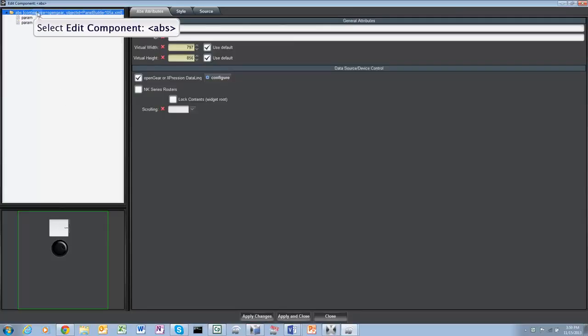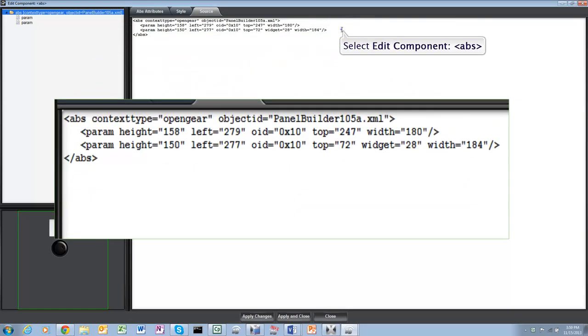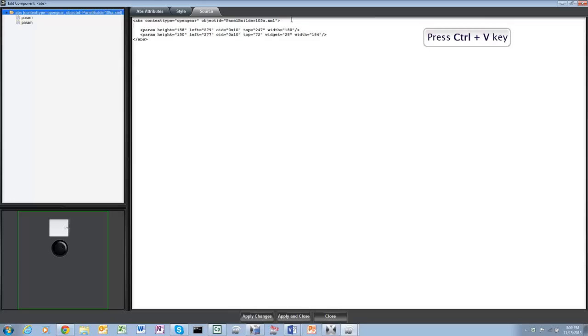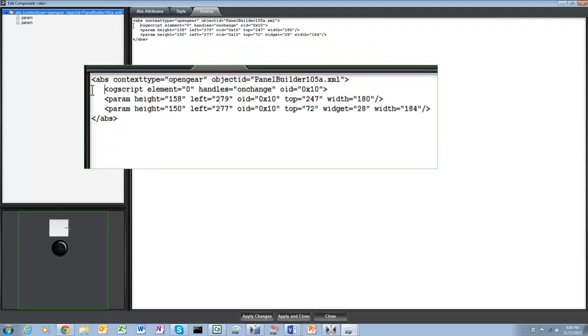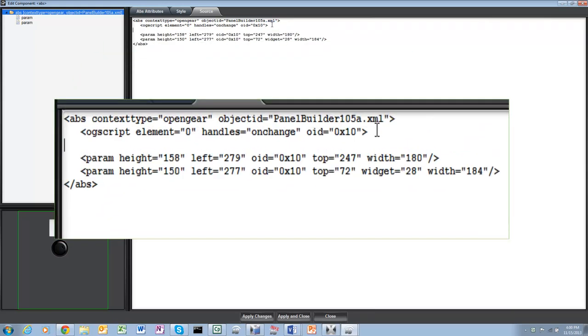So I'm going to select the very top level tab here, open up the source window and start typing. I cheated by pasting this in here to make it faster, but we've opened an OG script element here. We've said it's an onChange handler, and the parameter that it's looking at is 0x10, or the object ID 10. I'll just go and close that tab,